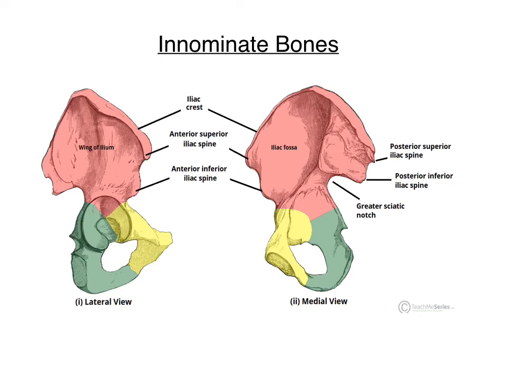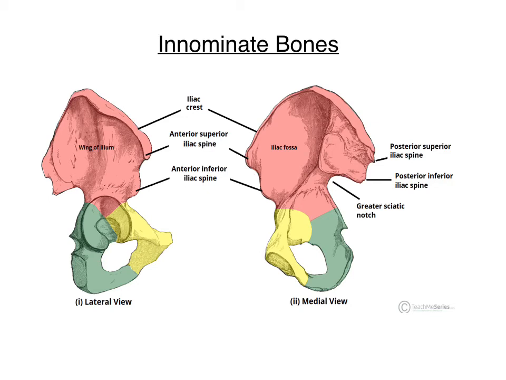Merging into a similar ramus on the ischium, the space enclosed by the body of the pubic bone, the rami and the ischium is called the obturator foramen. You can see that obturator foramen. You have already studied it. It is where all three parts come together, and that hole, the foramen, is called the obturator foramen.